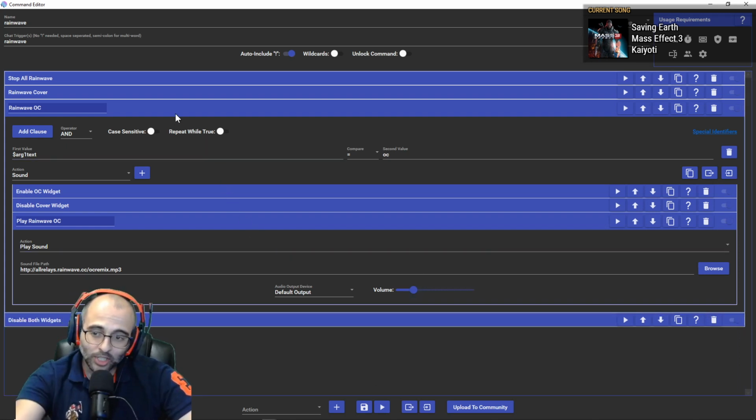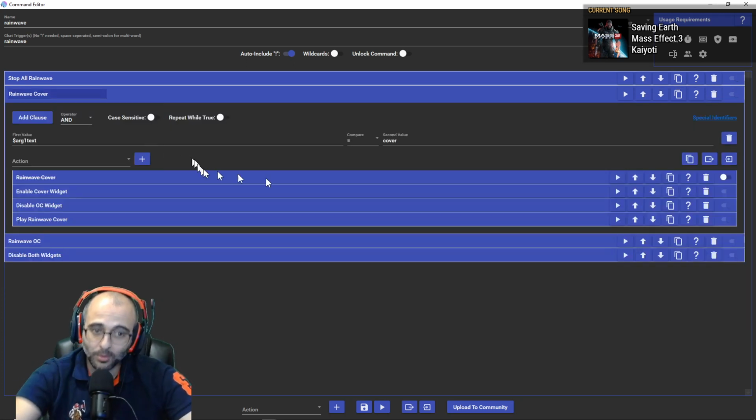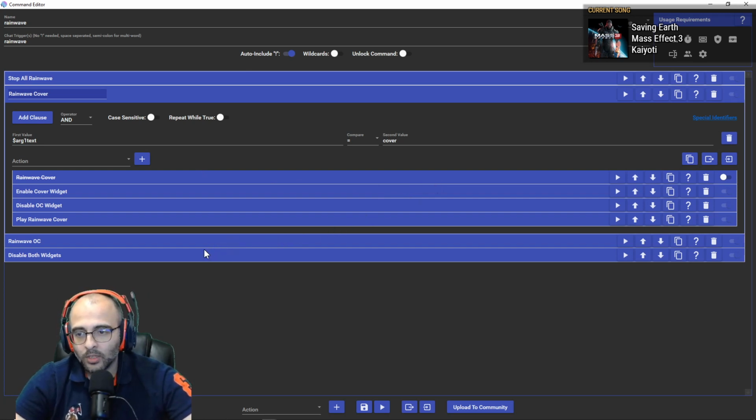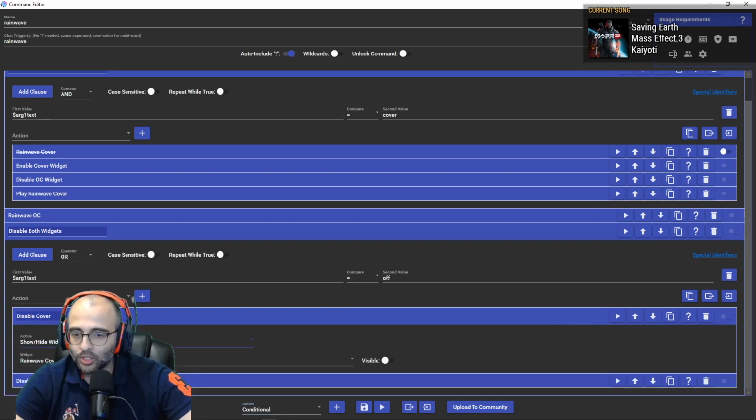And so that is how you set up this command. And if you know how to set up the Rainwave OC command, you will know how to set up the Rainwave cover command. Okay? And then how do you turn off Rainwave? To turn off Rainwave, you have another conditional. So drop down, conditional, add it. arg1 text equals off. Okay? And it's going to disable